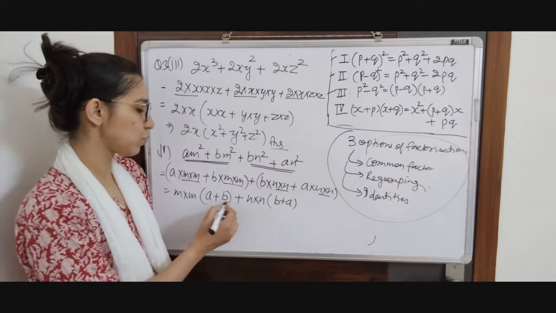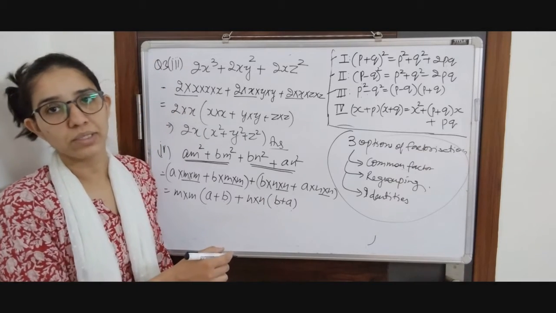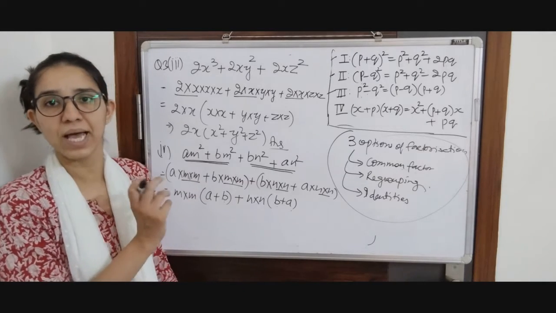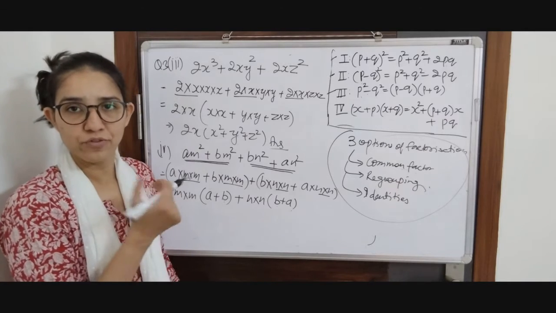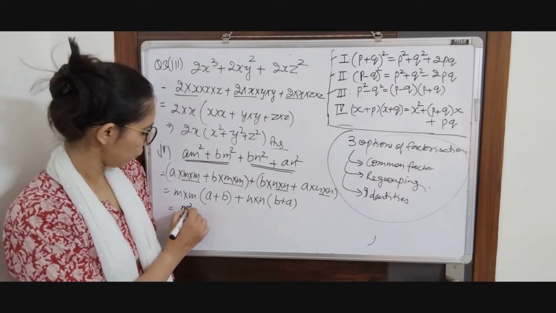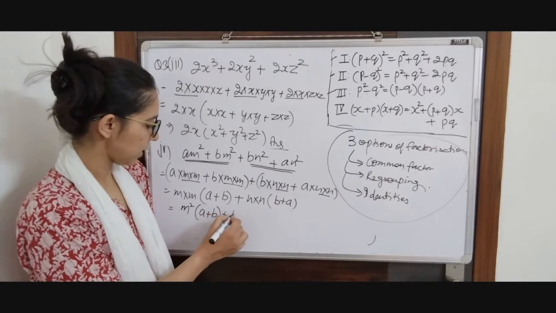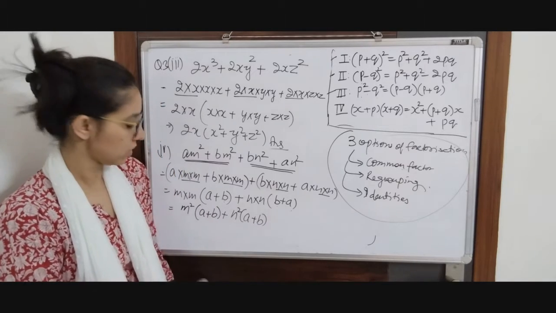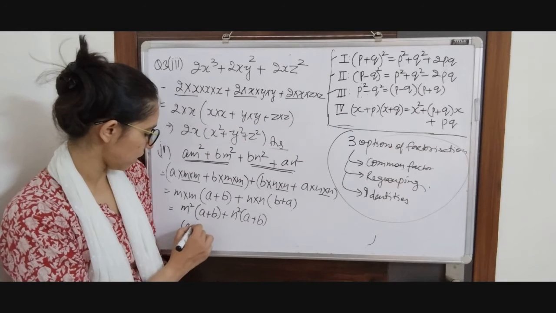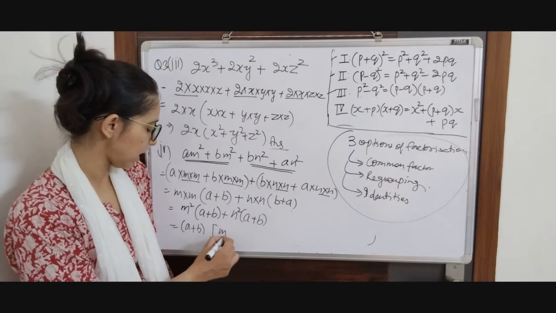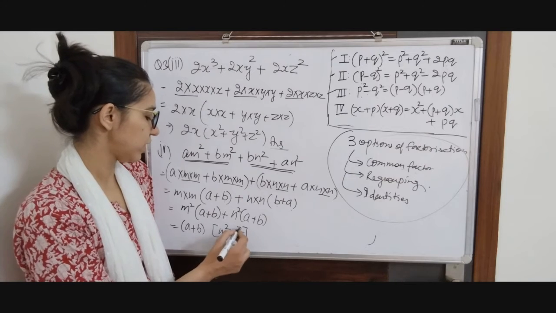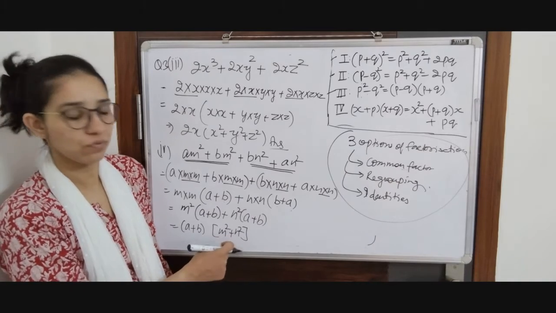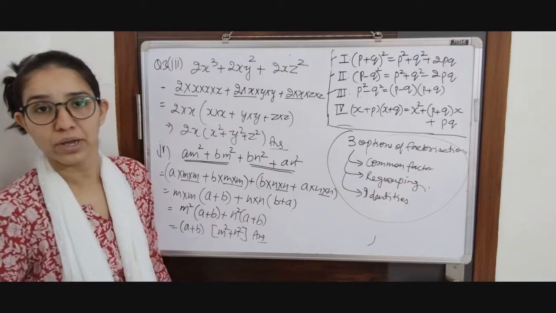You see that a plus b and b plus a are going to be same because the sum of 2 numbers is always commutative. What does commutative mean? Commutative means that the order of numbers won't matter if we are adding them. So m square (a plus b) plus n square (a plus b). Okay, so we are writing just for our convenience. So a plus b is common in both of these terms. I can write it as (a plus b)(m square plus n square). So no further factorization because we don't have any identity or other method for factorization of this. So we are going to leave our expression here only.